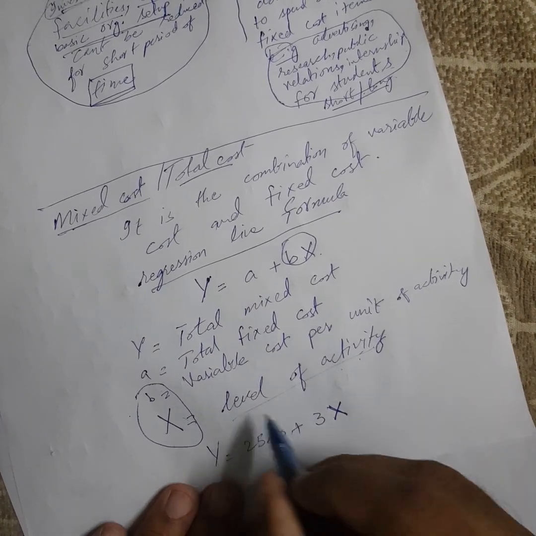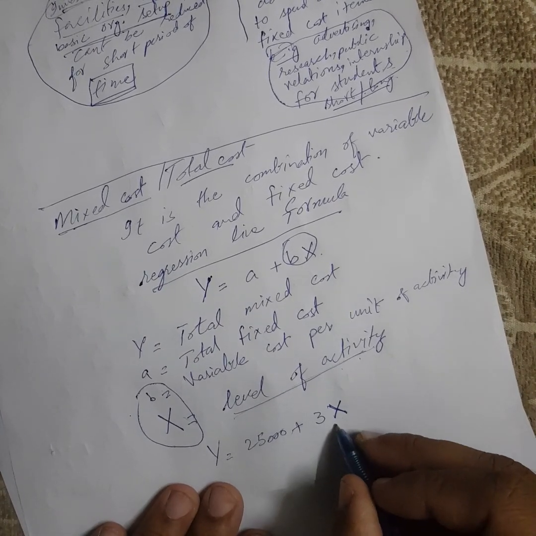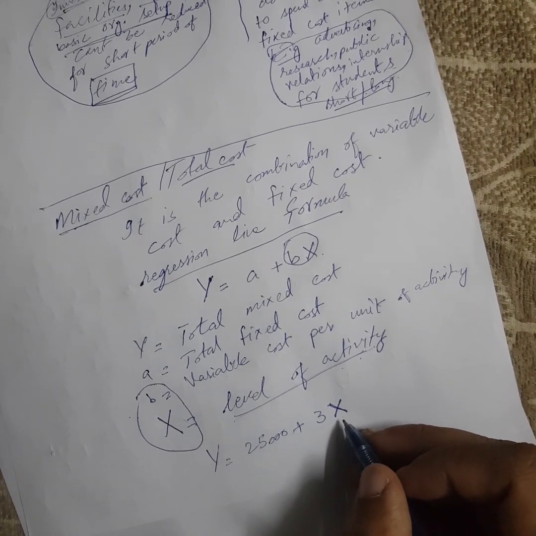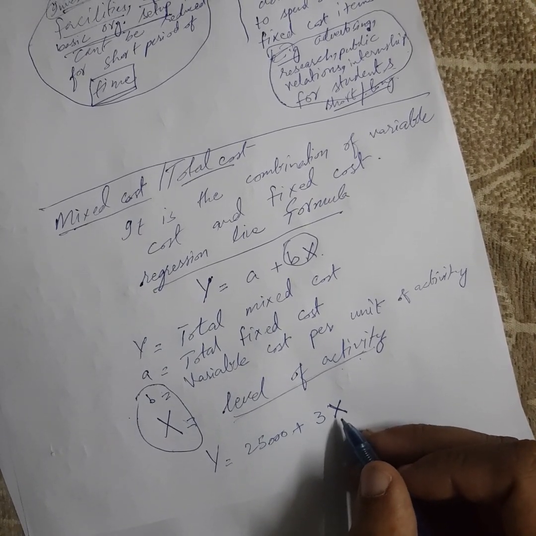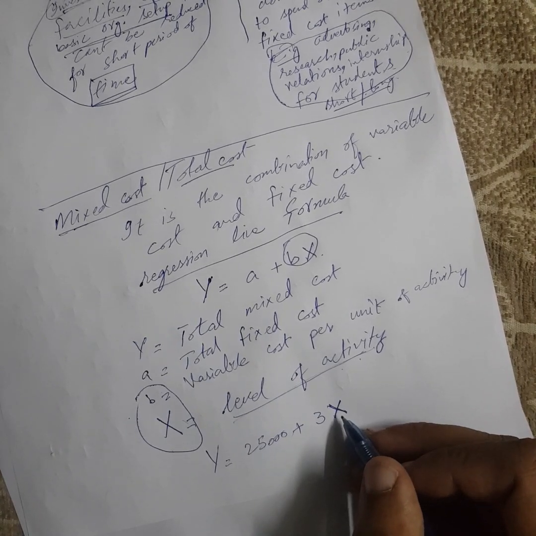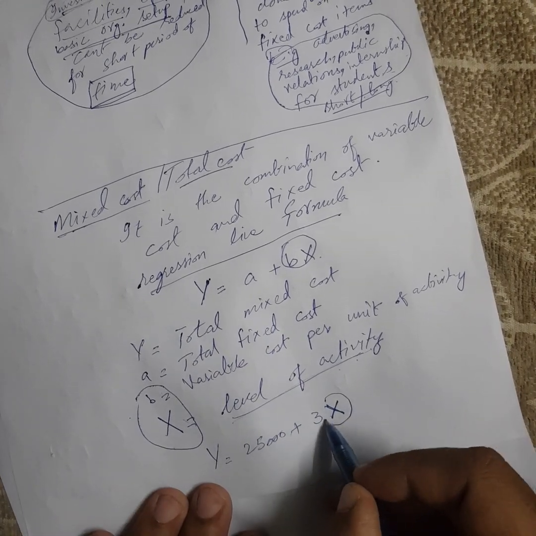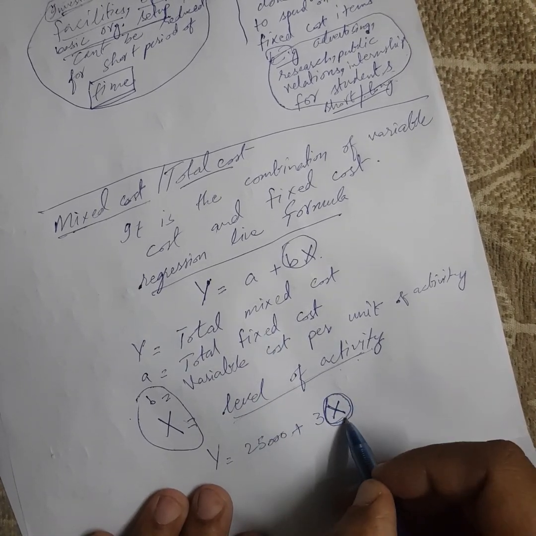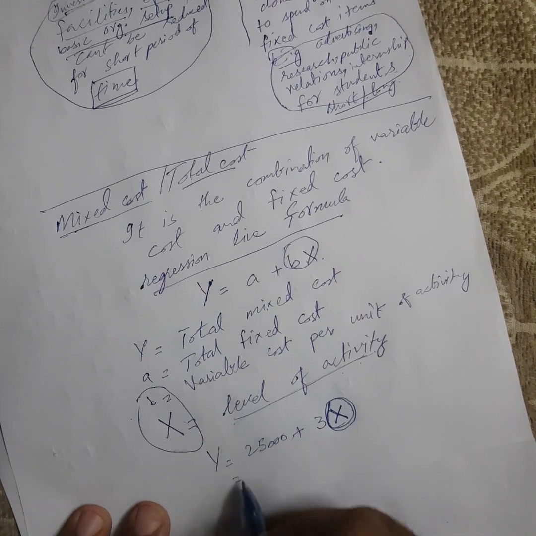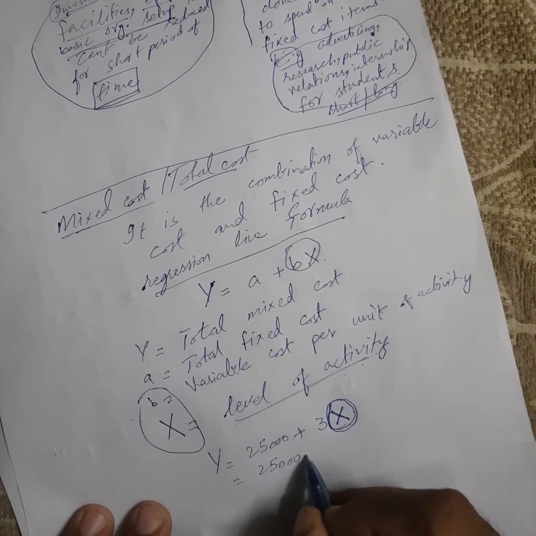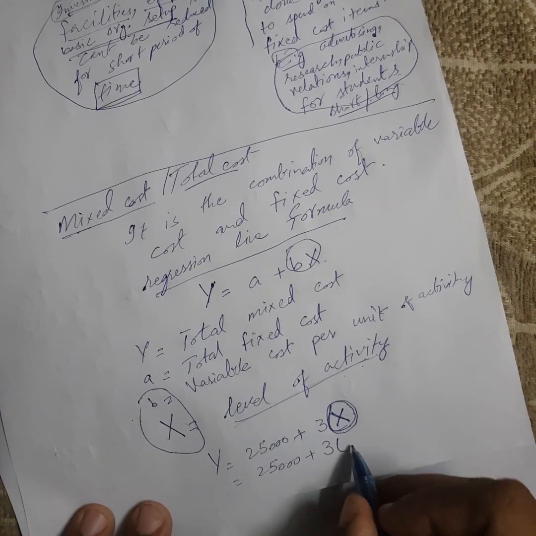What is the meaning of x? Level of activity. In easy words, how many units, how much level of activity, how many machine hours are there, how many direct labors are there, that is what this type of activity will reflect. Like if I say that there are 30 units